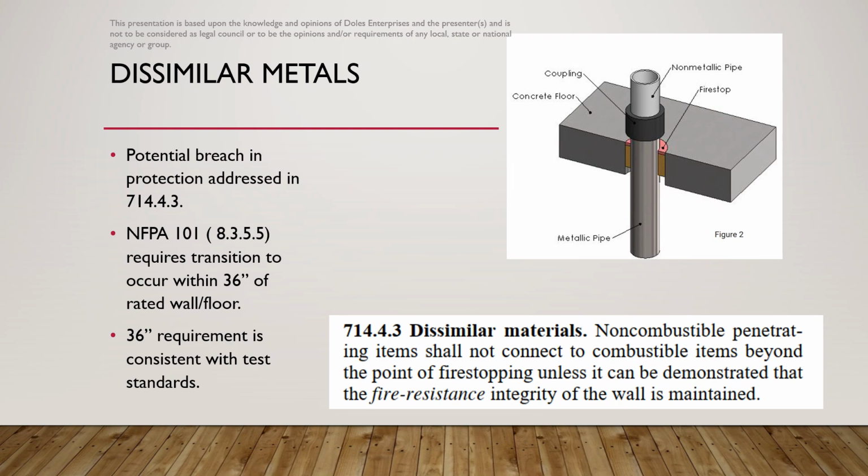Concerning dissimilar metals, the IBC provides some ambiguity as compared to NFPA 101. The IBC lists in 714.4.3, dissimilar materials: noncombustible penetrating items shall not connect to combustible items beyond the point of firestopping unless it can be demonstrated that the fire-resistant integrity of the wall is maintained. What we're talking about here is a situation where we have a metallic pipe that will pass through an opening, and then at some point it changes over to